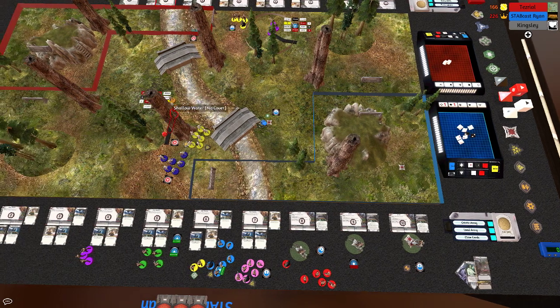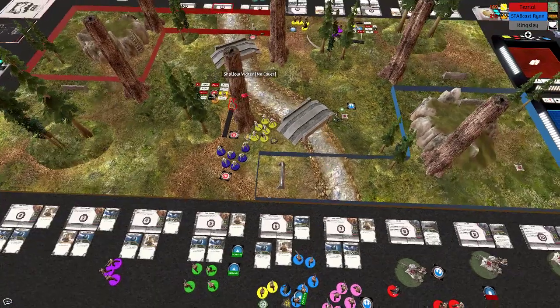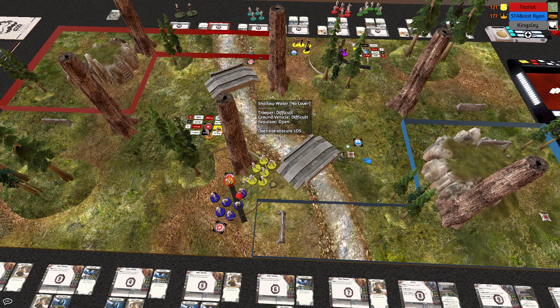We do see the orange stormtroopers moving in on that objective. I do think the stormtroopers are poised to overrun this objective here, with the rebels in a lot of trouble. But we'll have to see whether or not